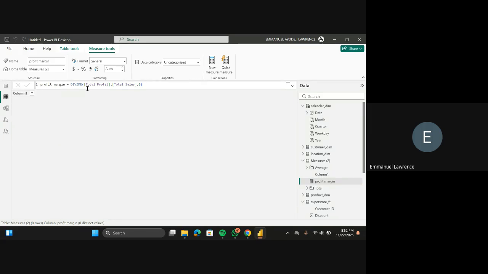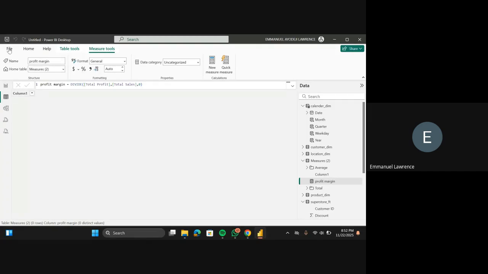Now, with that done, you can create your minimum and maximum sales on your own. There are other time intelligence functions I wanted us to do, but because of our time, we won't really go into that. You can calculate sales month to date, sales year to date, and sales per customer. But for now, let's work on a very important time intelligence function: previous year. We want to know our previous year sales, previous year profit, and previous year quantity.